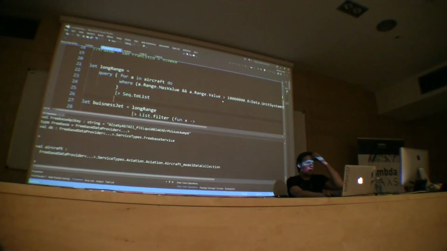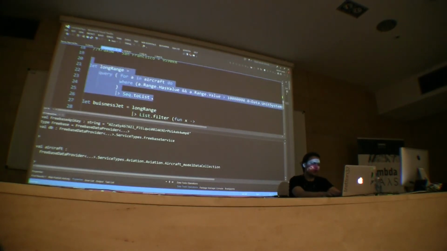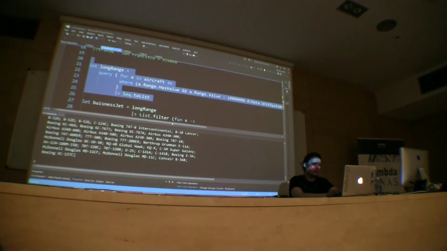So I wrote quite an ugly piece of F# to query planes that have a range over 10,000 kilometers, just to have some backup. So let's run it. And I get quite a big list of planes that include Russian strategic bombers and Air Force One. So I guess I probably won't be able to buy them on a free market. It can be a little bit tricky.